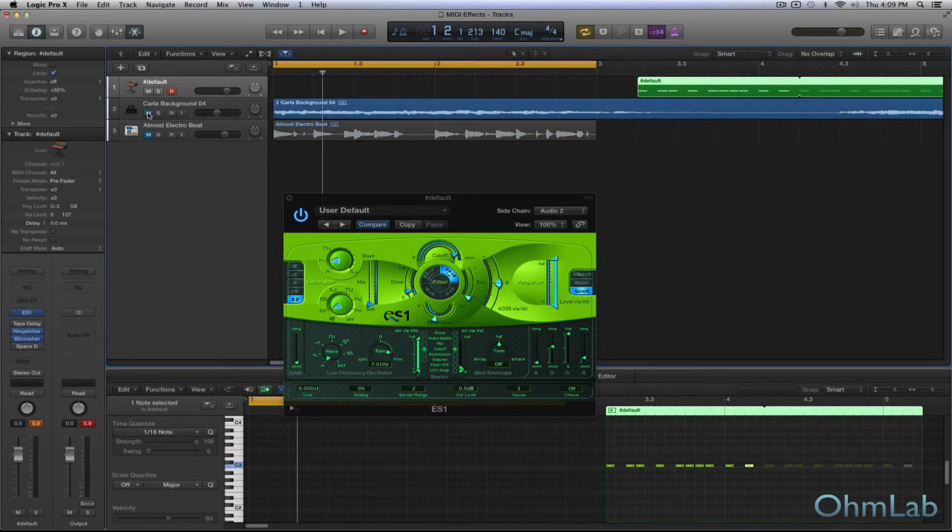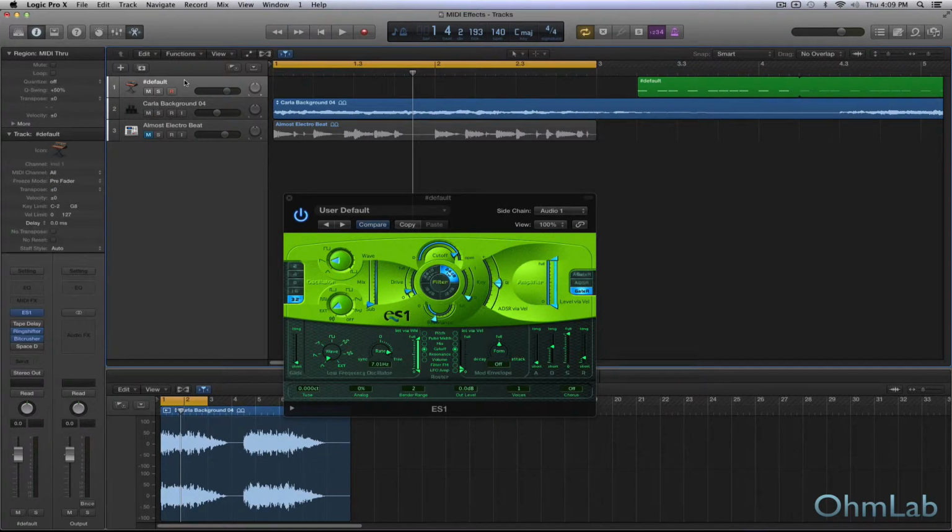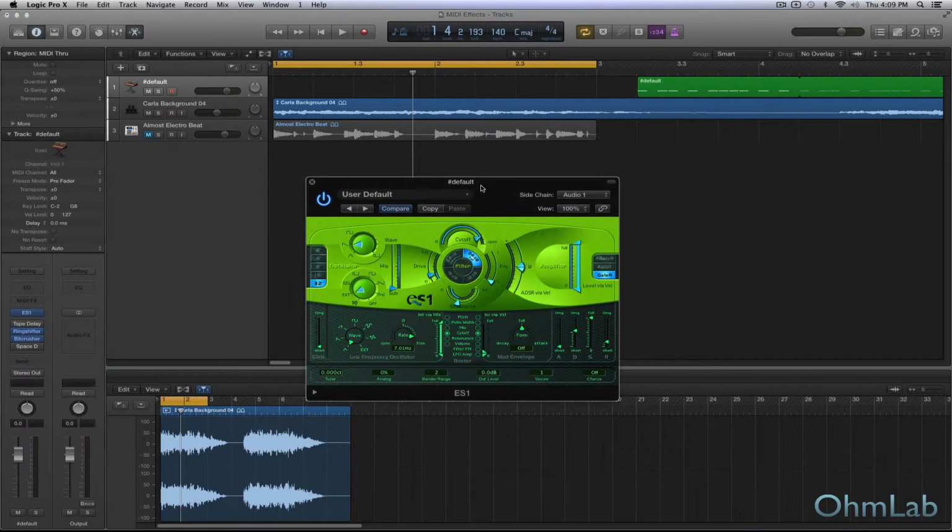Let's see, we'll unmute Carla. We're going to change our sidechain to Carla in our synth. We're going to move down here, and we're changing the output of Carla from stereo out to no output, so we don't hear her when we play back. Okay, we're going to switch back to the track that our synth is on, so our controller is actually controlling this synth. And when we hit play and we start triggering,